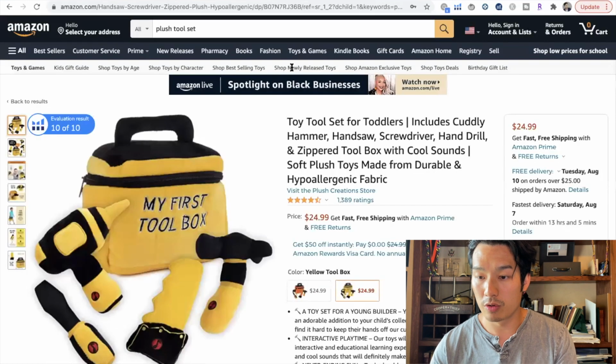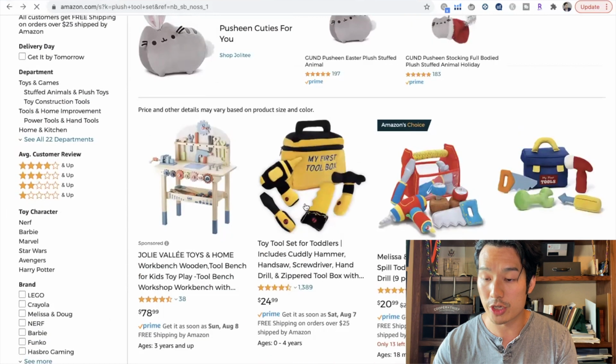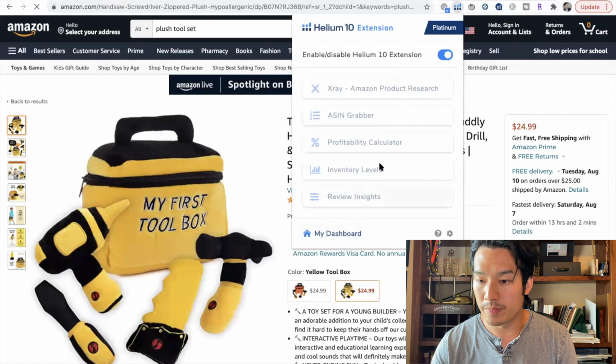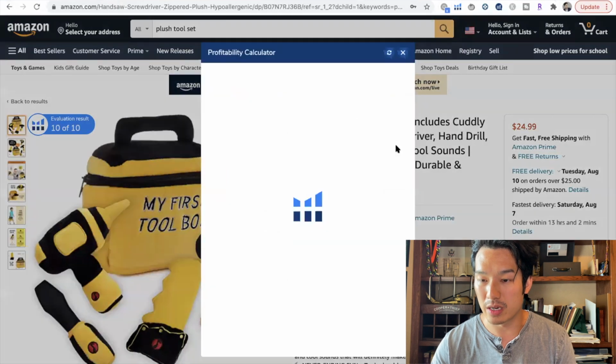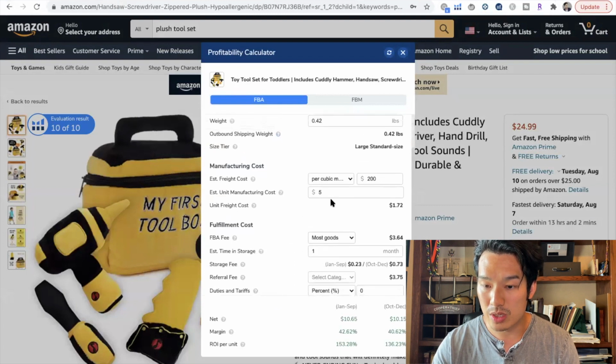So I'm just gonna briefly go through with you. So let's say I just picked a plush set, right? So let's say we're gonna go after this one, and what you can do is do profit calculator. So the profit calculator is really good. So it shows all these dimensions and stuff like that. But what we want to do is go after the